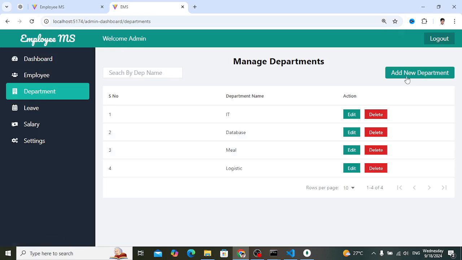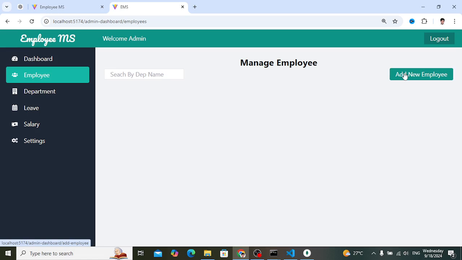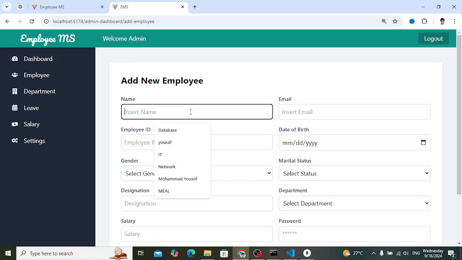Come here to the department, to the employees, add new employees. So now let's add a new employee. We will name it first of all Arif